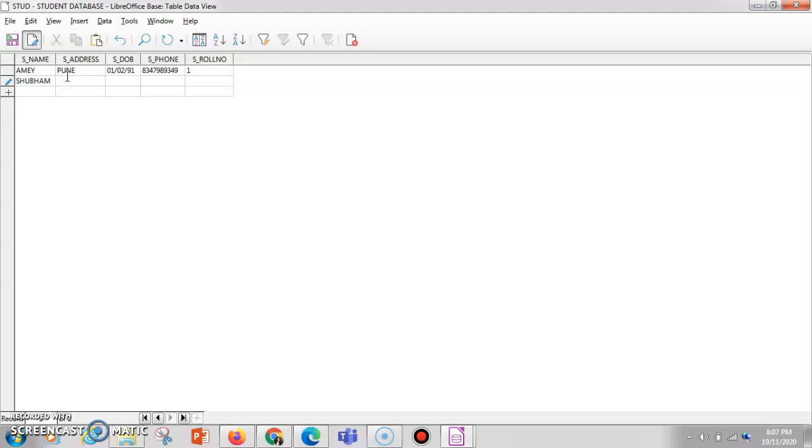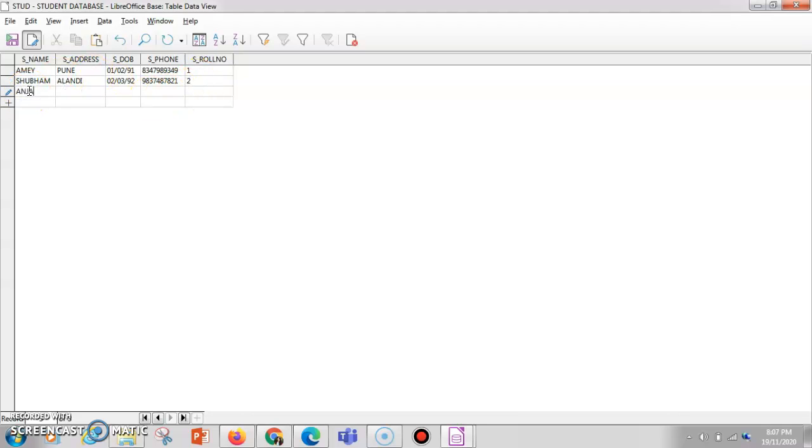The address I'll enter here as Alandi. Then I'll enter the date of birth as 2/3/1992. Here again the contact number I'll be entering like that, and then the roll number will be entered by me as 2.